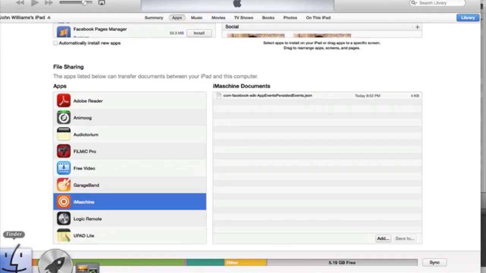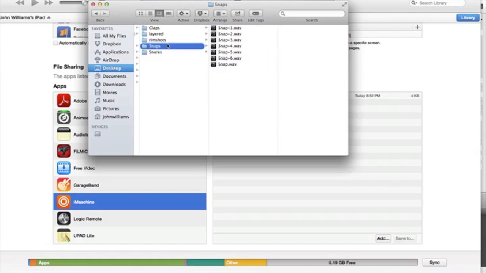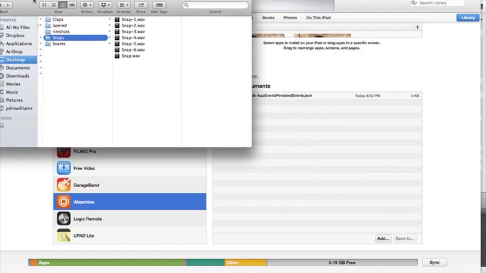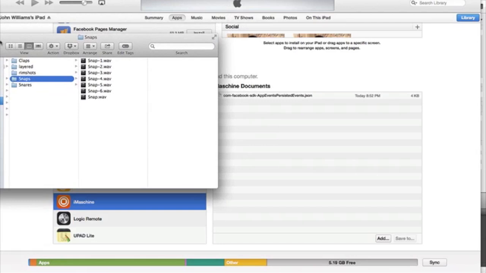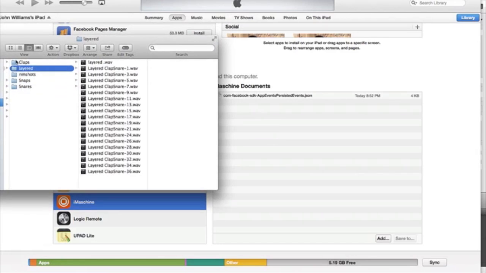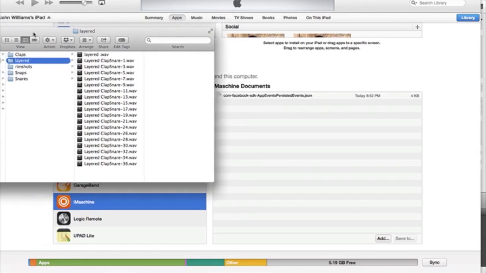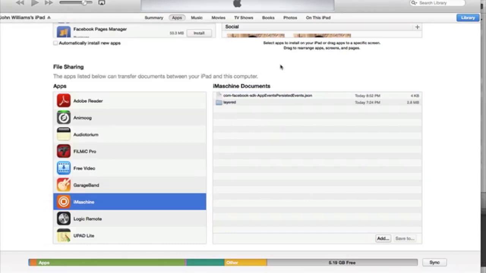One other thing I must add is a problem that I ran into, and I don't want you to run into this problem either. When you're importing your files into iMaschine, whether you do it the way that I showed you or you decide to just drag and drop everything in there, if you drag a folder in, and I don't know if this is a bug, it's got to be a bug. If I just take this whole folder of layered and drop it in here,